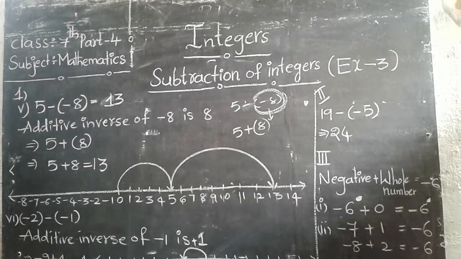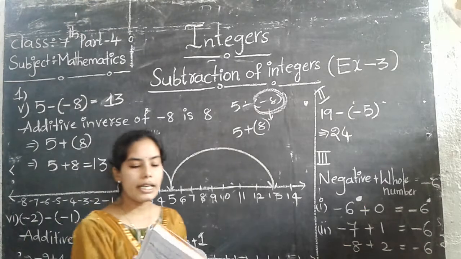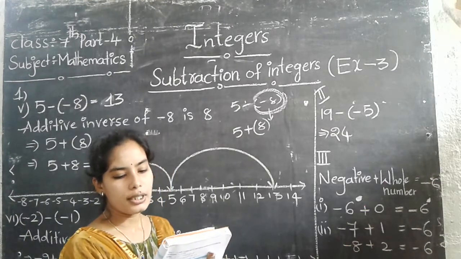In the same way, we know already, one negative sign and one positive: what do we have to do? Just subtract them. 2 minus 1 is 1, and put the greater number's sign. Greater number here is 2, having minus, so here also we use minus 1. This is the first bit, children, totally how to do it on the number line.